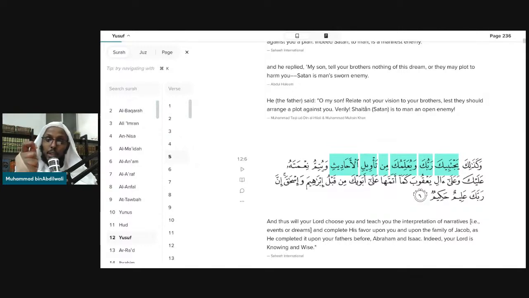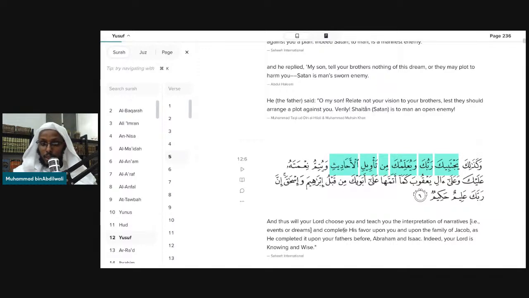So the core is الرب يجتبيك, وهو ربك يجتبيك, and وهو يعلمك. These two meanings, which is that Yusuf, your Lord, has chosen you, and Yusuf, your Lord, teaches you. Now, what does Allah teach him? من تأويل الأحاديث. He teaches him what? From the knowledge of interpreting dreams. عرفت؟ من تأويل الأحاديث ويعلمك من تأويل